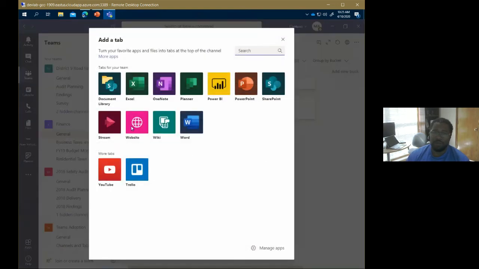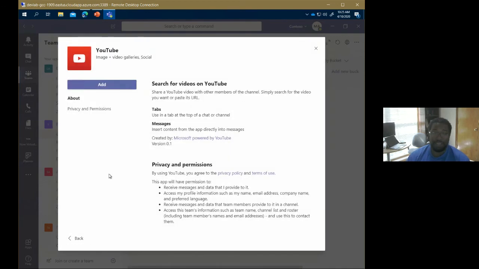And I'm trying to think what else we would talk about with tabs. Again, when your third-party apps come, it kind of just depends on the tab itself in terms of what its functionality will be. But usually when a third-party app is integrated into Teams, that's how it tends to manifest itself, through some kind of tab interface, or sometimes even a bot or something like that.